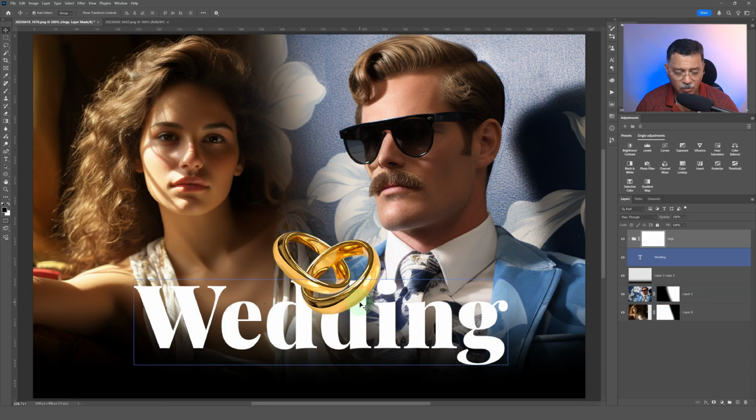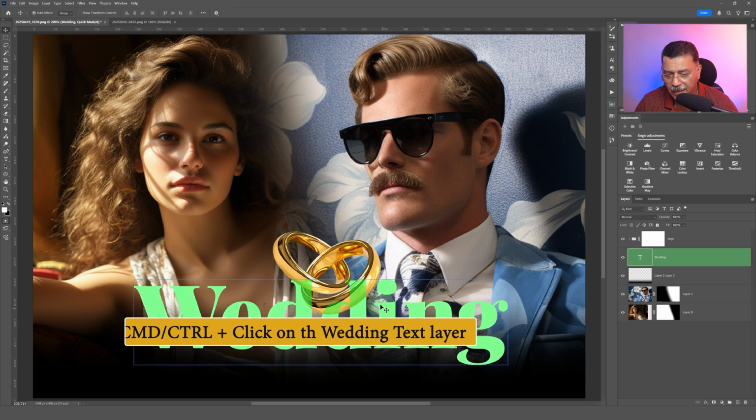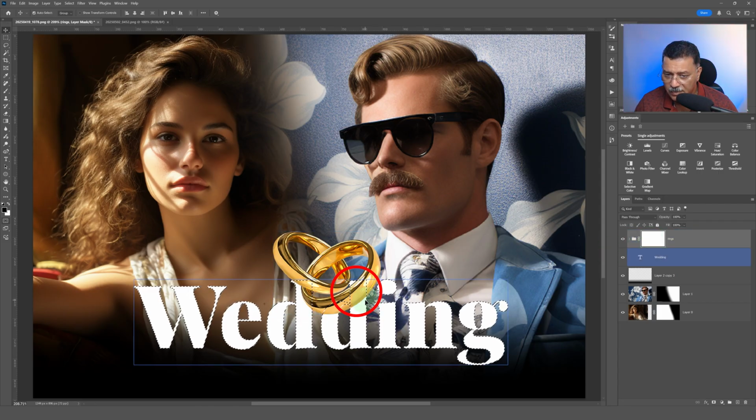So remember that when you want a selection of anything, you must go to that layer which has it and press Control or Command and click on that layer. Notice now it has selected the word wedding, and we are going to paint that area as black on the mask for the rings. So this is the rings mask. We come here, we still have our selection. All we need to do now is take the black brush, make sure it's 100% flow, opacity and normal, and paint that area,